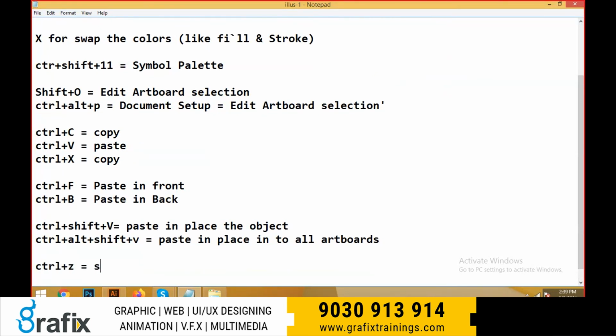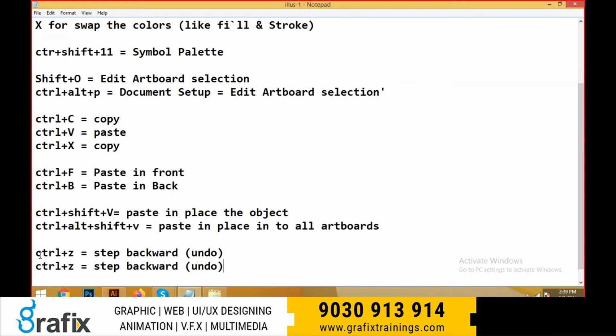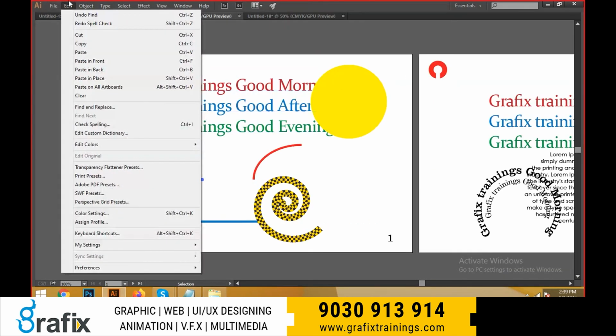Control Z, step backward. It is called undo. Step forward. Redo.